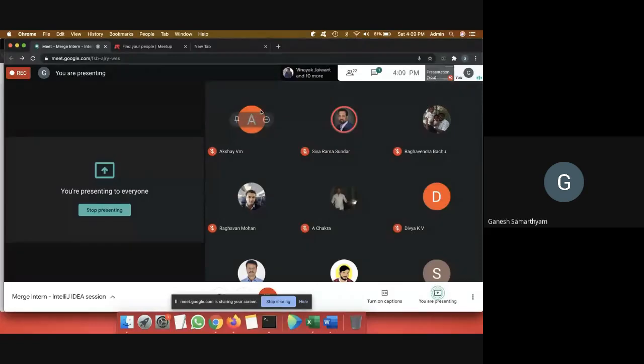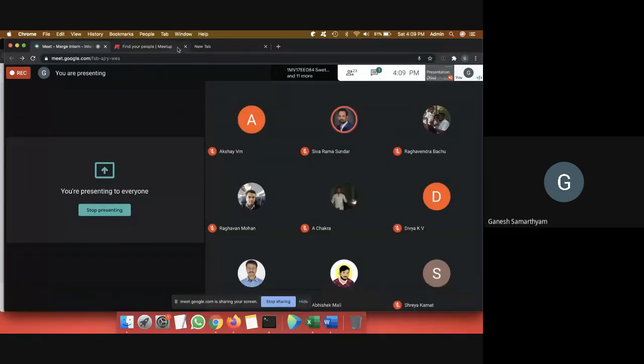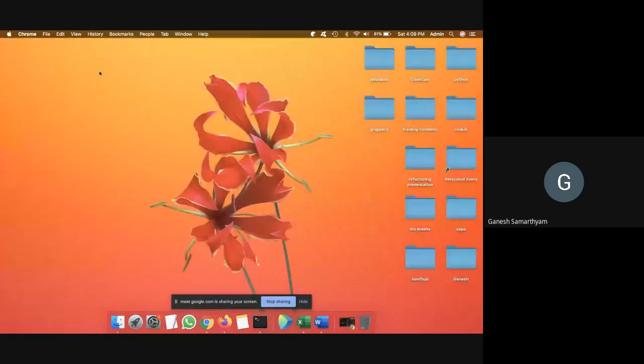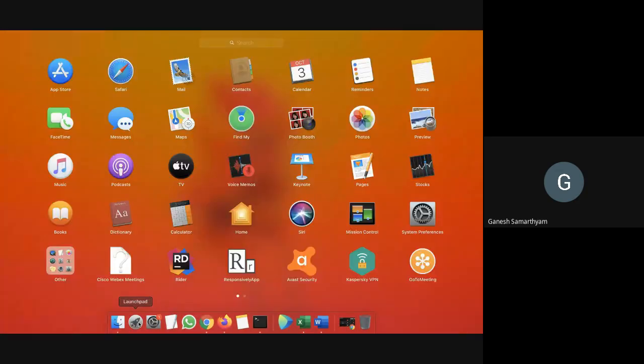By the end of this session, what you will be benefiting is you'll be able to use Java more productively. You'll be able to develop much faster and more effectively. And you'll be knowing specific shortcuts and tips and techniques that you can use in your regular work.